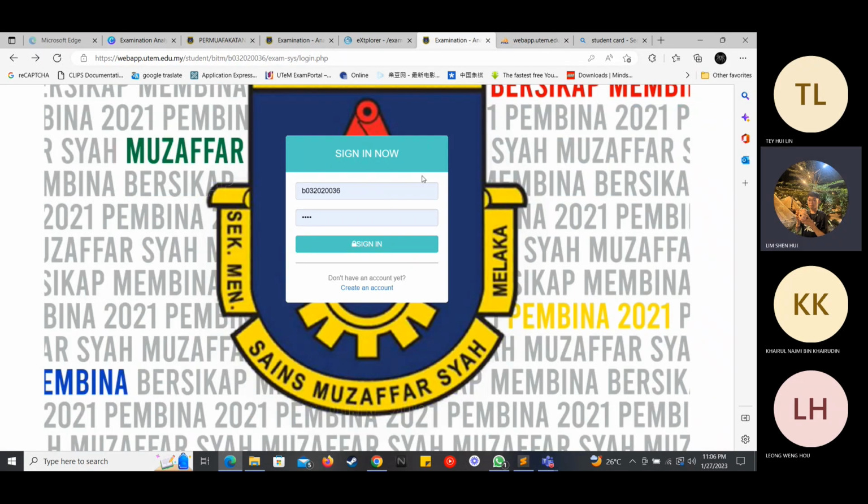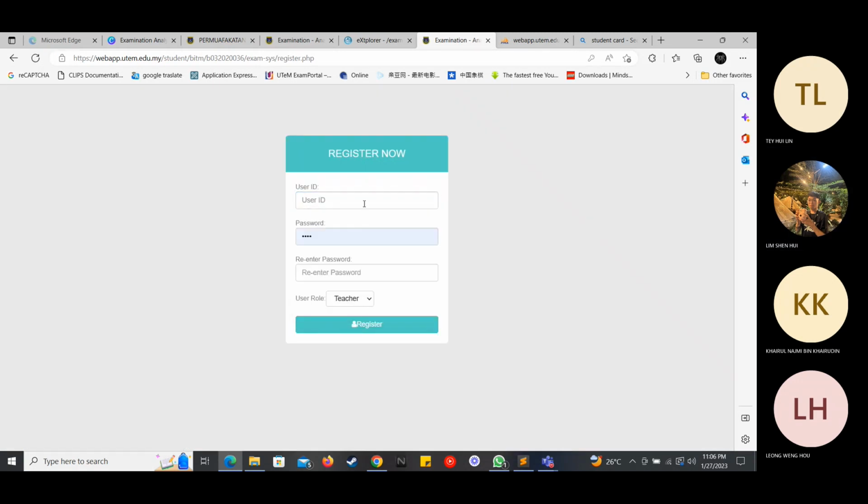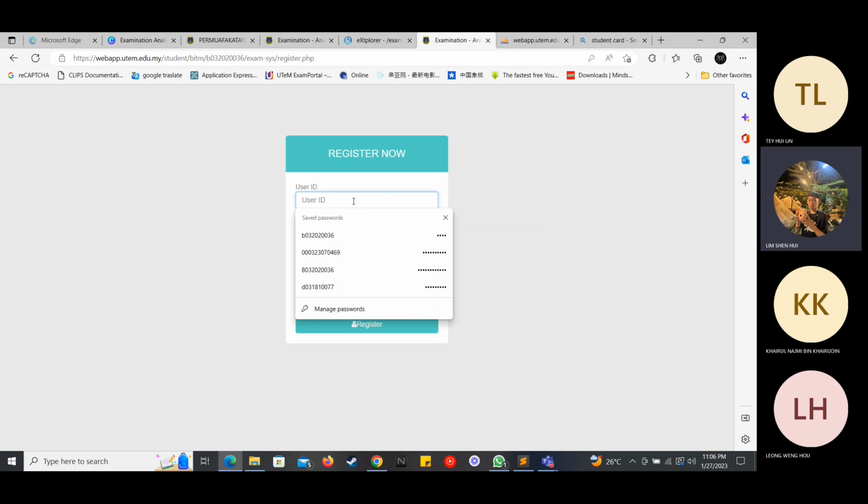So we have to create an account first. I will create the account for the teacher role because our system has 3 roles, which are admin, teacher, and student. So first I create for the teacher.